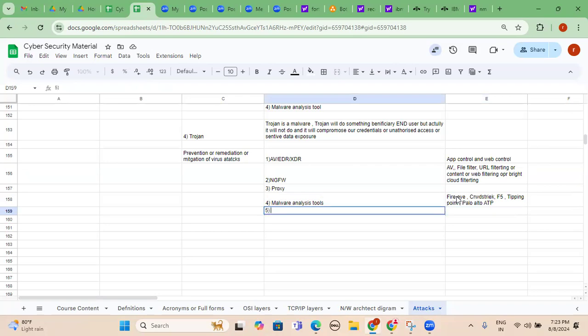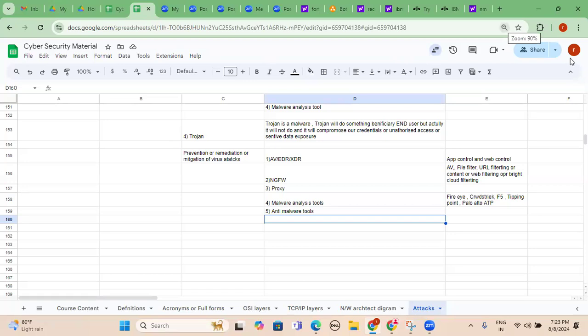Next one, anti-malware tools. If you are implementing these solutions, obviously we can take care of blocking and allowing the respective Trojan related websites. Let's go and see practically whether these options are available in our firewall.